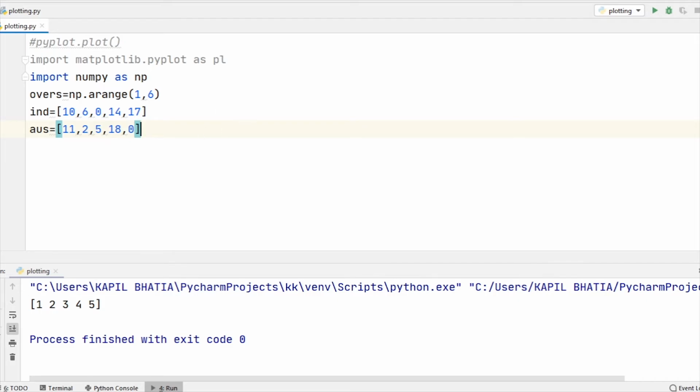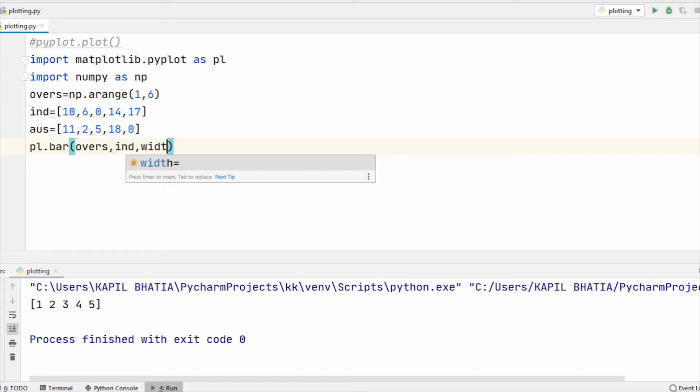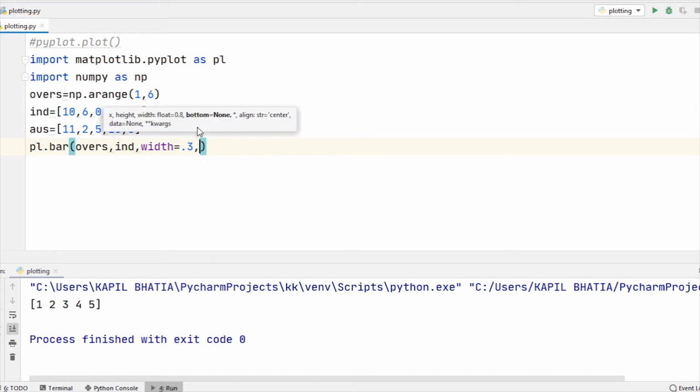Now plt.bar, first I write overs, comma, India. And the width of the bar is equal to 0.3 and color is equal to blue.